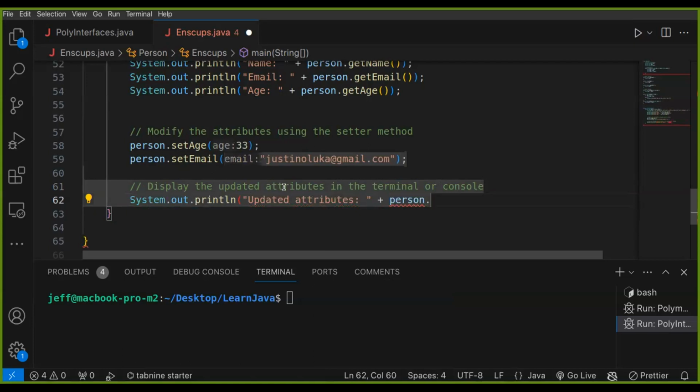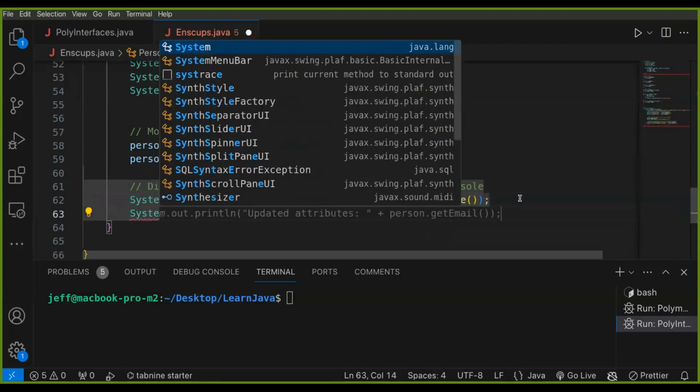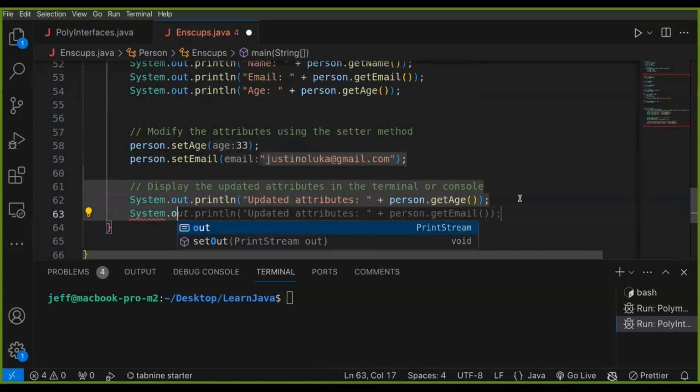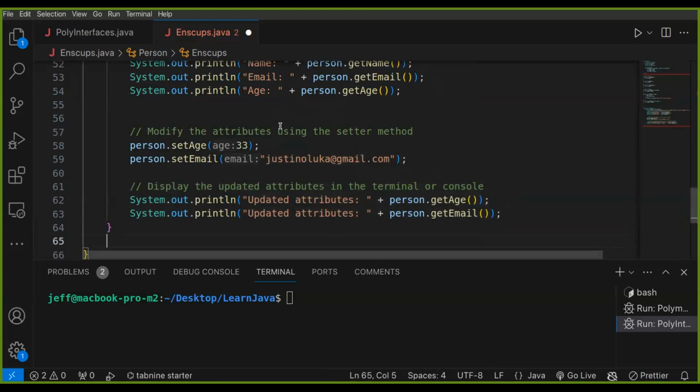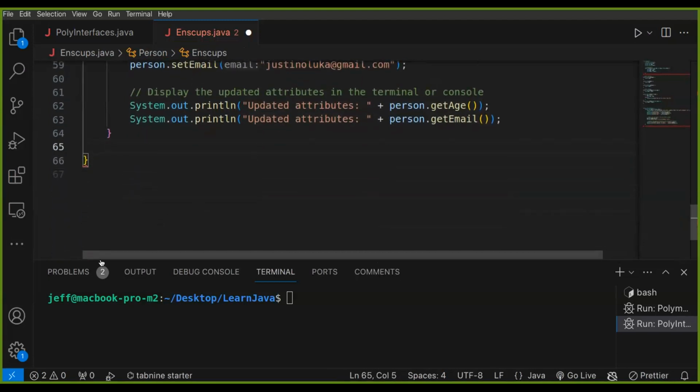Yeah, then you can close and terminate. So here what we want to do is to get the age, get age, then the next one also System.out, get the email. So we want to see if it would get this last information that we updated,